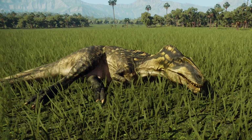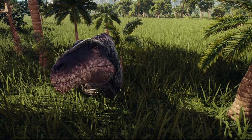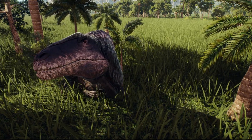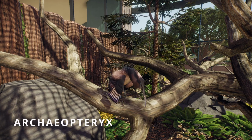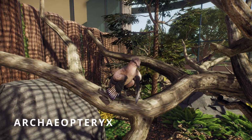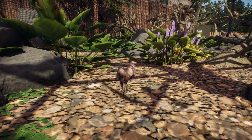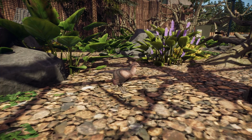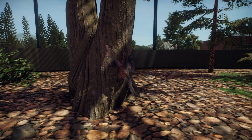Each side of its upper jaw sports 19 razor-sharp teeth, but I don't recommend getting close enough to count them all. This is an ARCHAEOPTERYX. Its fossil was one of the most important scientific discoveries ever made. Not only was it the first feathered dinosaur found, but we now know its colours were mostly black and white,